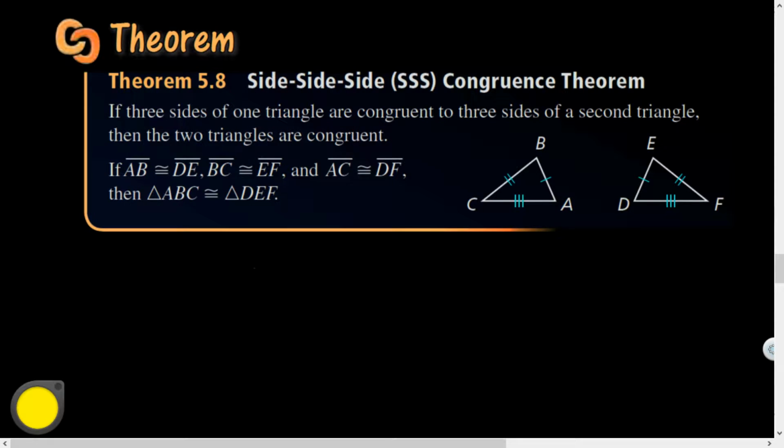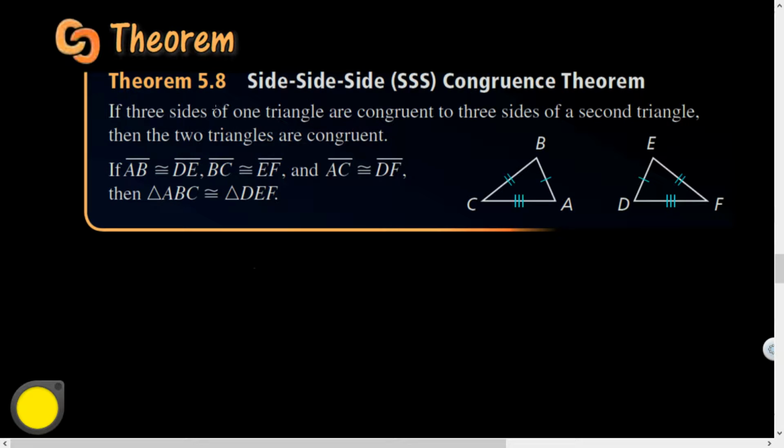Mr. Wada here. We are in section 5.5, proving triangles congruent using the side, side, side theorem. This is the idea: if three sides of one triangle are congruent to three sides of a second triangle,